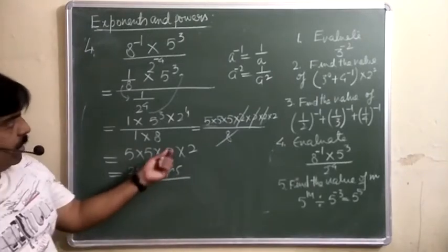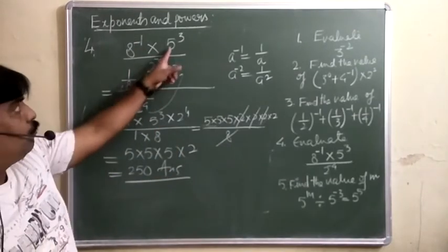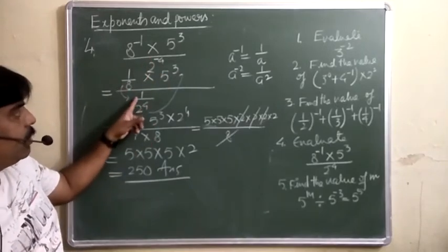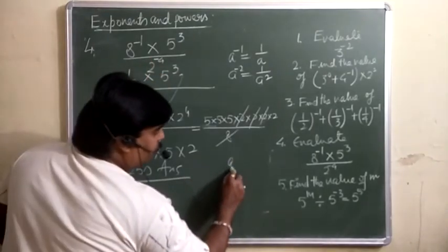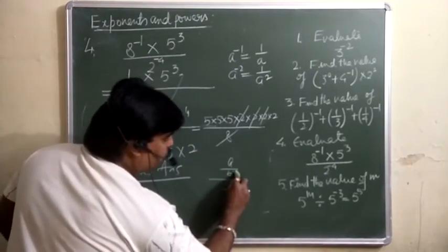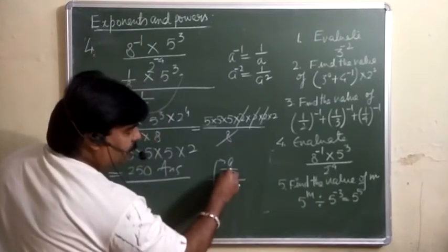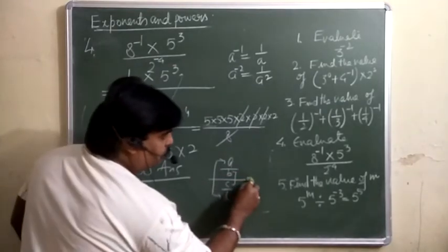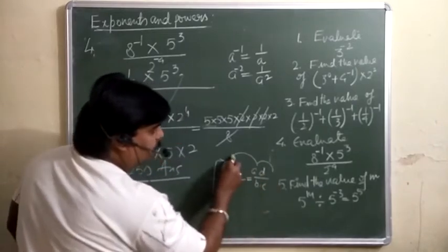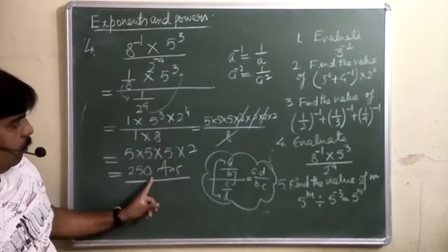तो सिंपली क्या कर रहे हैं, केवल इसको 1 over 8 into 5 raised to power 3 as it is. This is 1 over 2 raised to power 4. ये 8 will multiply here only. ये वाला कंडीशन ये होता है a over b whole over, अगर c over d है तो these two will be multiplied and these two, ये extremes, these are the means, इनको बोलते हैं. तो ये a into d over b into c होता है. This is keep in mind. So by applying this one, simply you can do, you will get this one.